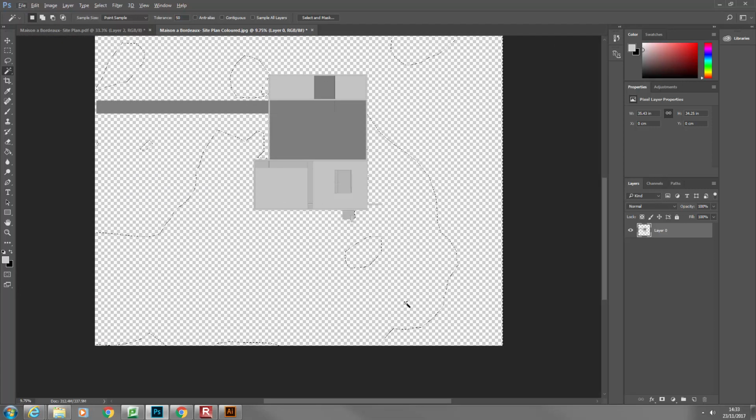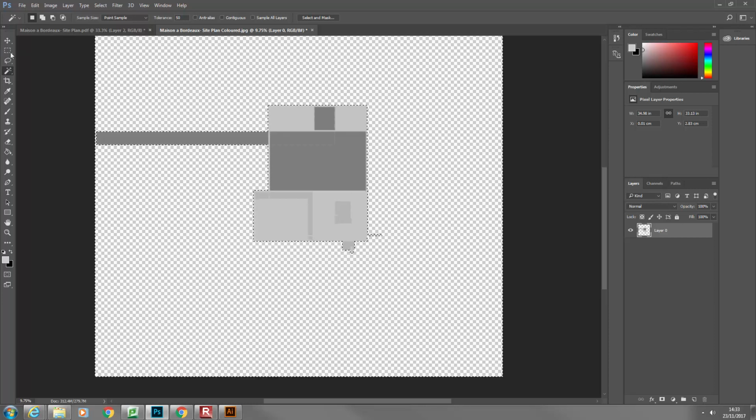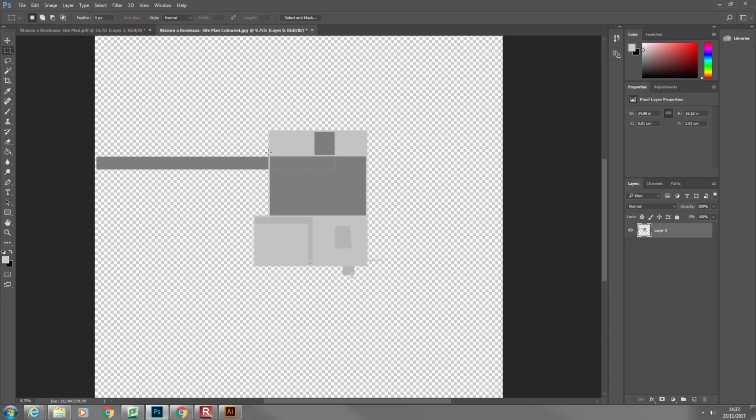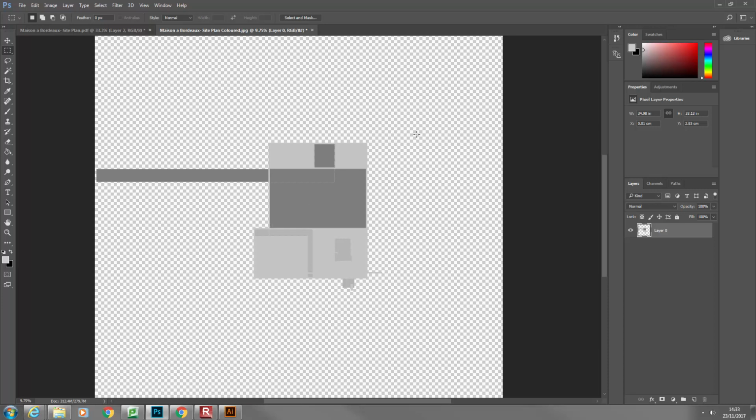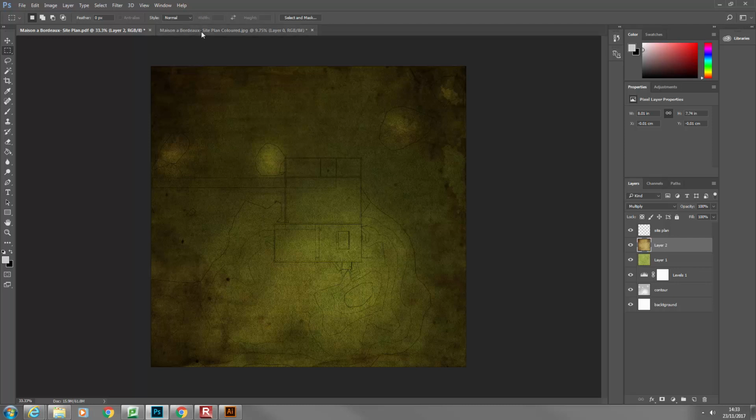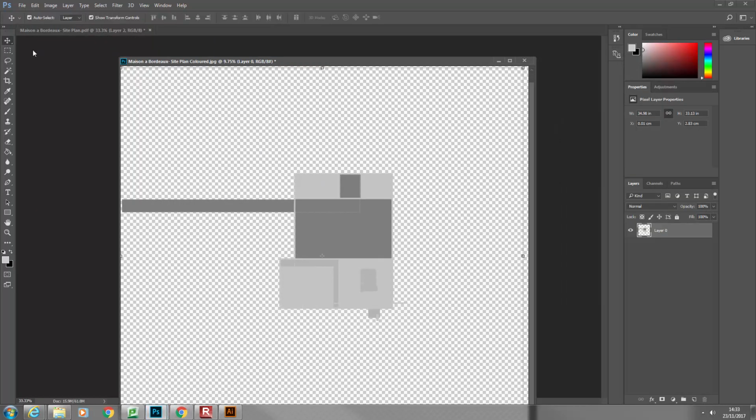Now you will see that it's selecting everything. You just delete them again. If I click outside and delete, you will see that it only selects the villa. So to take the building to my file, I can now just drag and drop it,